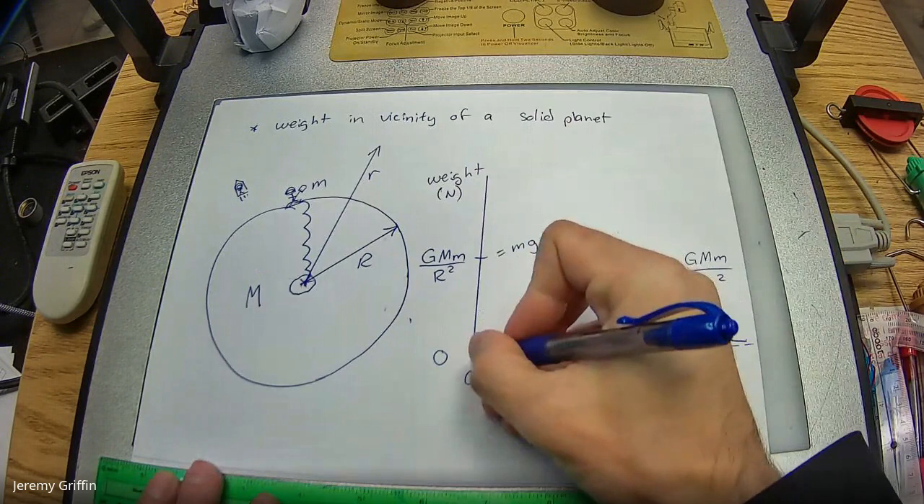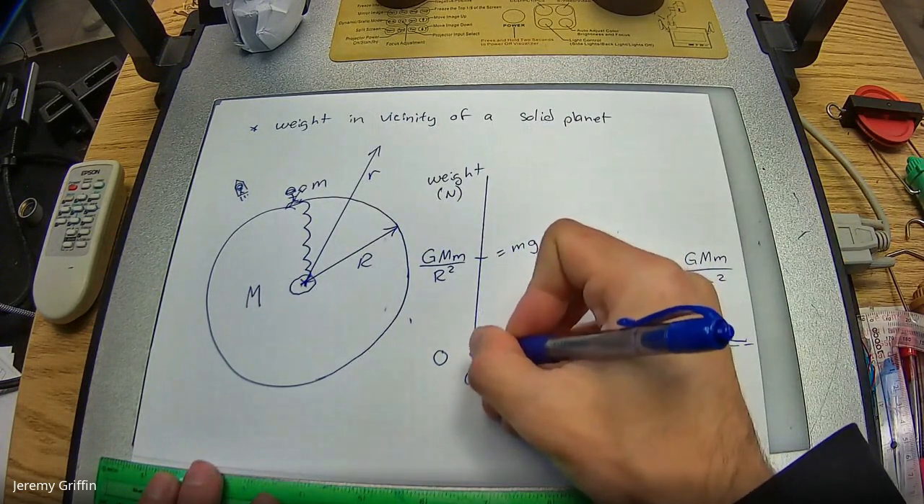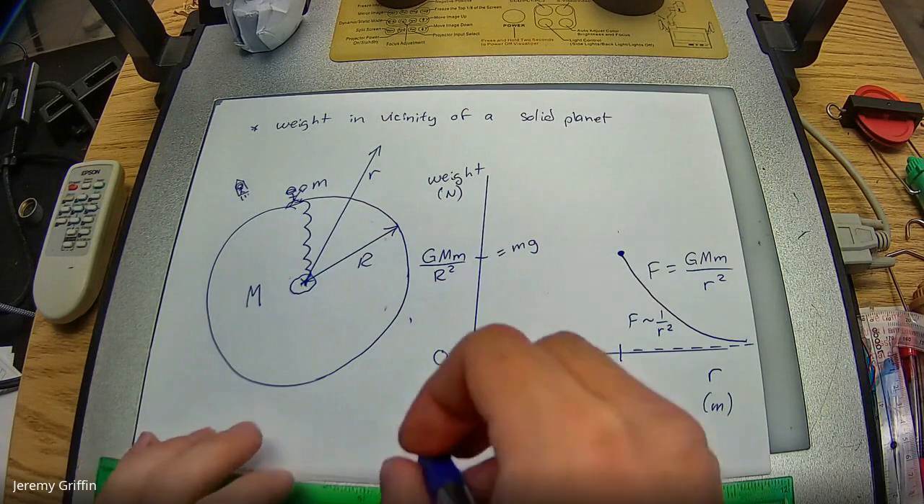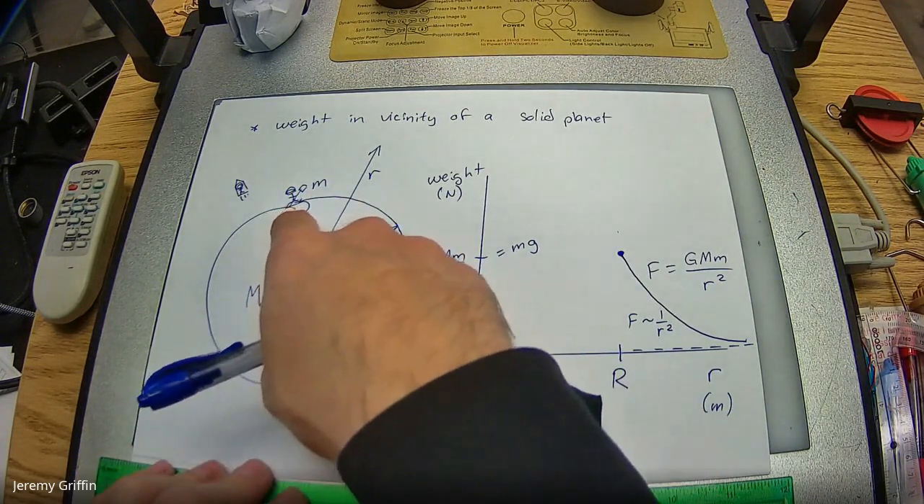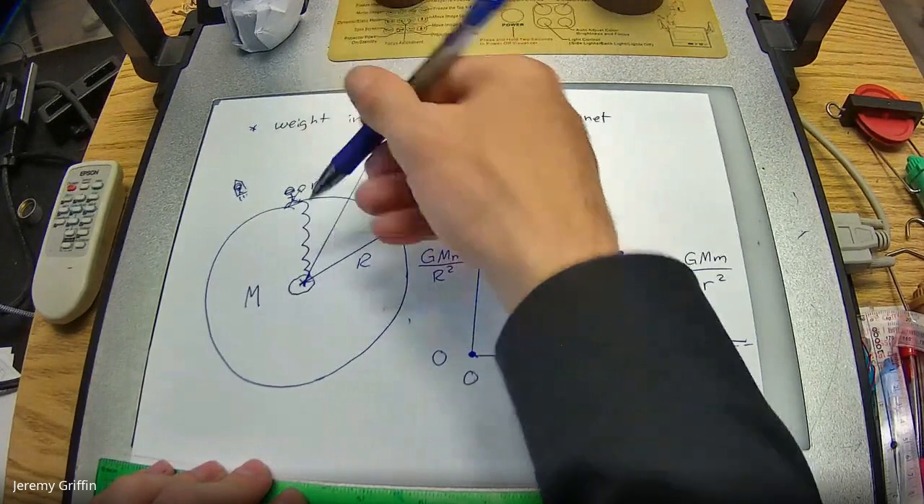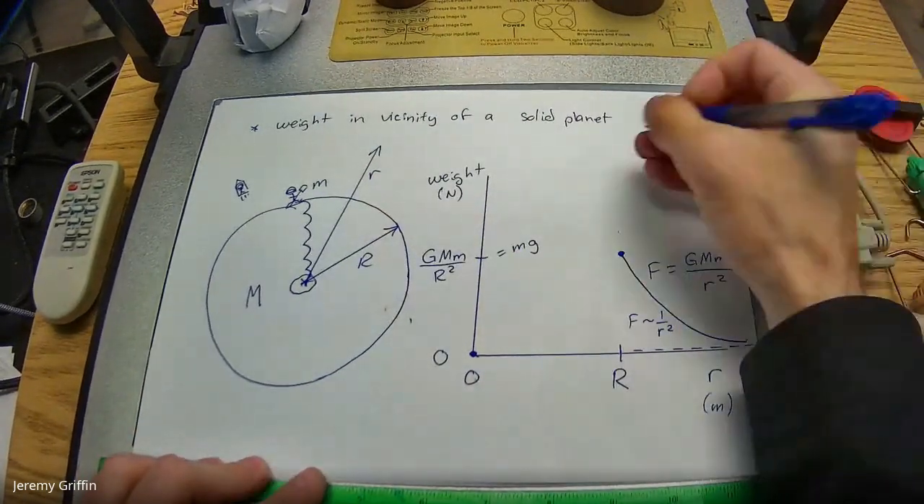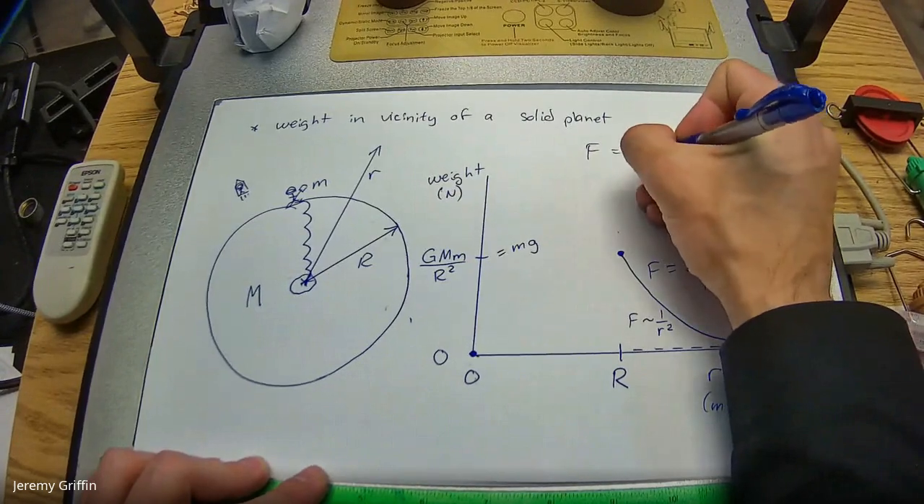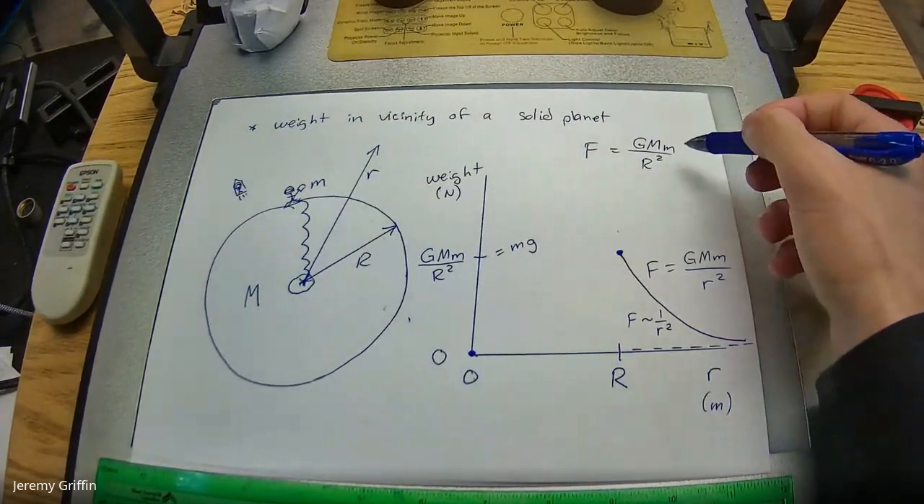At the center, at 0 meters, you would weigh 0 newtons. Ooh, why would that be? Well, think of it this way. At the surface, the planet's pulling you down. If you navigate, your weight equals GMm over r squared at the surface, then you're assuming that the entire mass